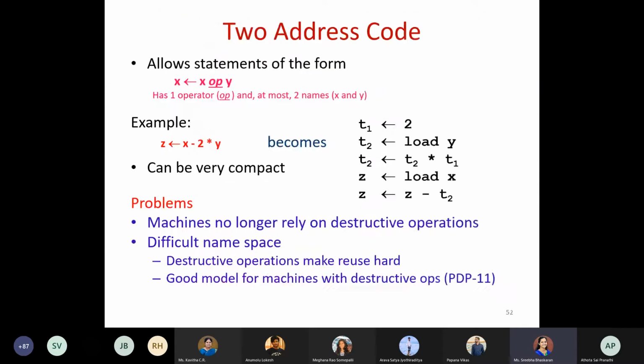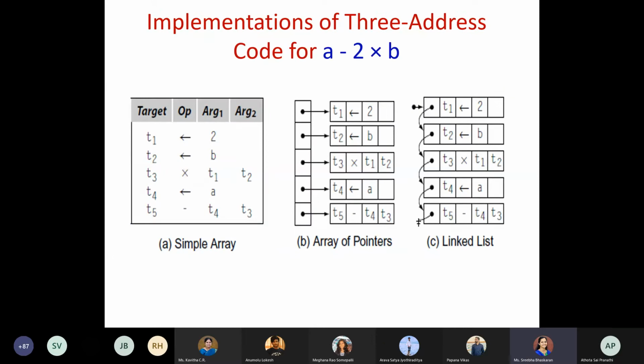Okay. Among these three representations, the better one is the triples, because they use a sequence, which is nothing but a sequential order. When we compare the implementation, triples are easy for us to implement.